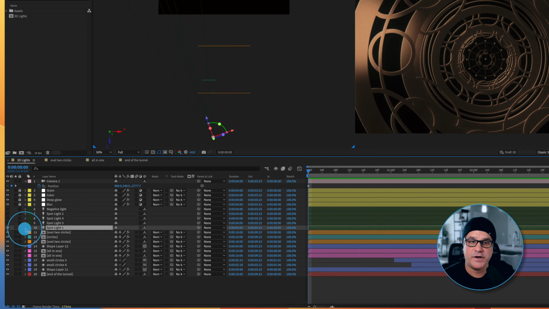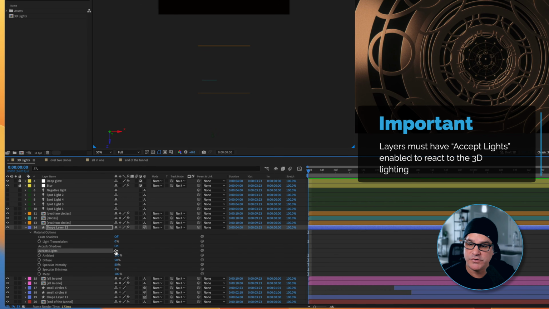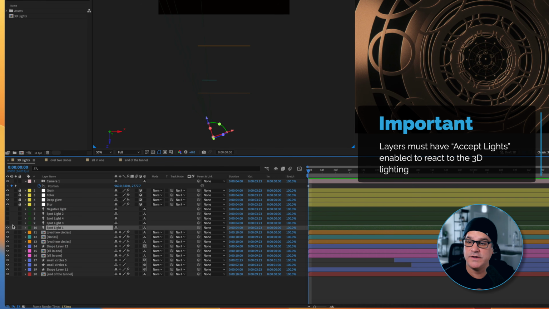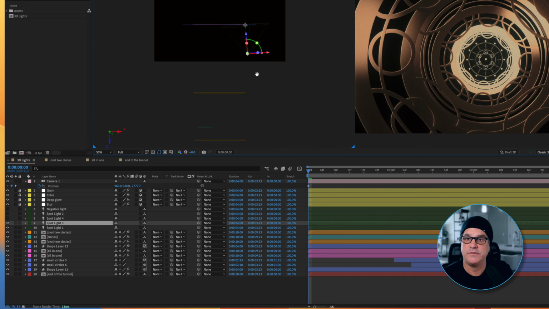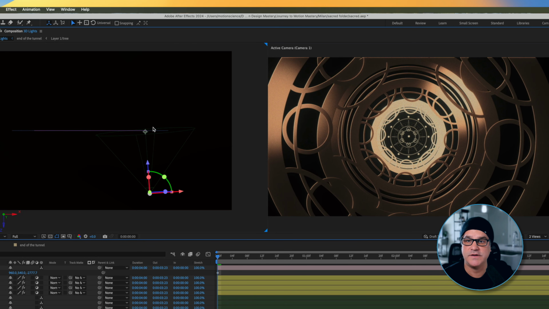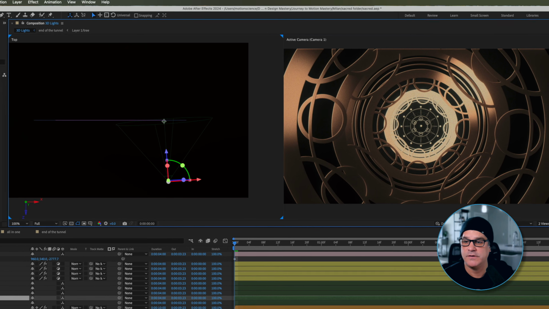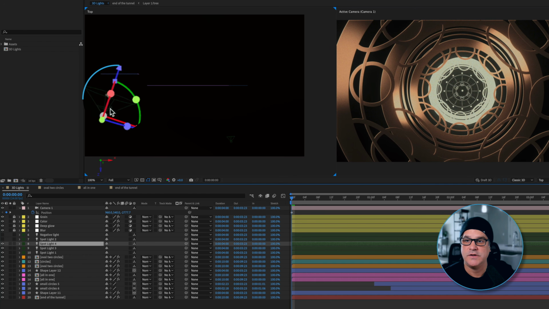Now, the other thing I want to be cognizant of is that these layers are also accepting lights, which all of these are turned to on. So we've got the first light here. Let's add a second light, and we're going to see it's right here further down the scene, and it's got a little bit bigger cone angle. We zoom in here, you can see that, and it's projecting light back in here. We're going to add this next one right here, and it's shooting over here,